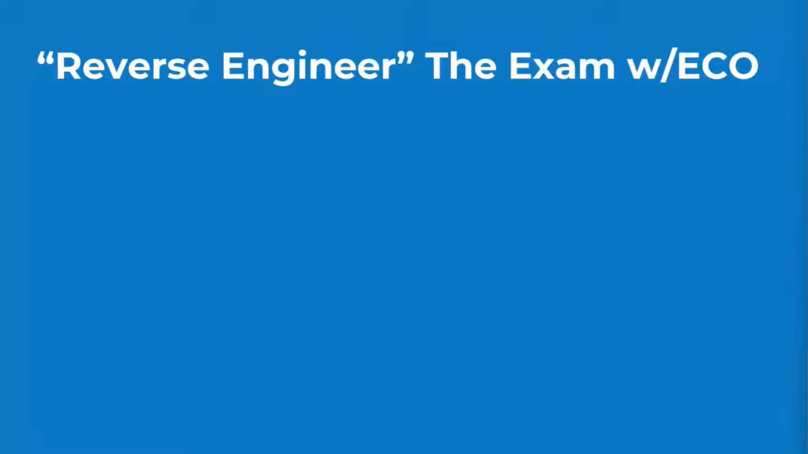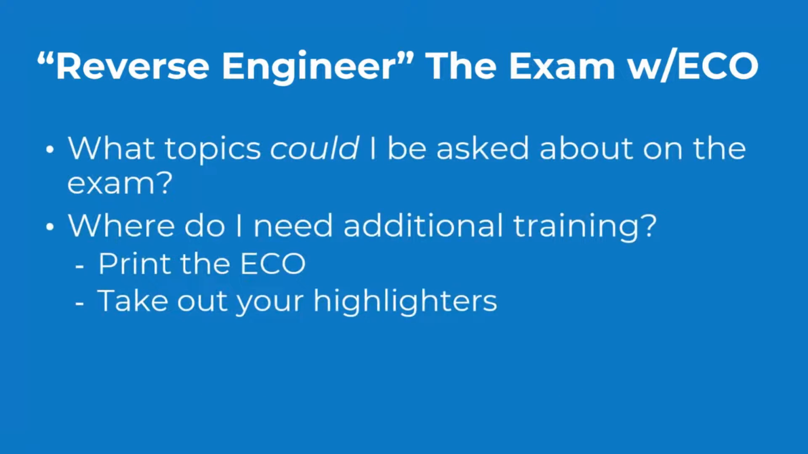There are especially two items that it can help you with. The first one is an obvious one because we already talked about this. The ECO tells you what topics you could be asked about on the exam. That's the number one thing that the ECO does. When you look through this, you know exactly what you will be asked about on the exam. Now you can use that to also take this one step further and say, well, where do I need additional